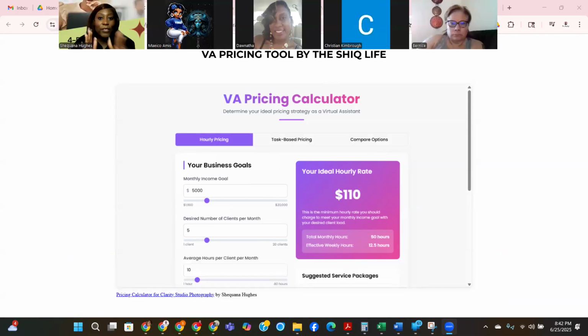My thing is, the first thing that you want to know is what you want, right? Don't allow the business to dictate your lifestyle or what it is that you want. So the goal is always to know what your monthly income goal is. How much do you want to make? Start there. Don't start with how much people are going to pay you.